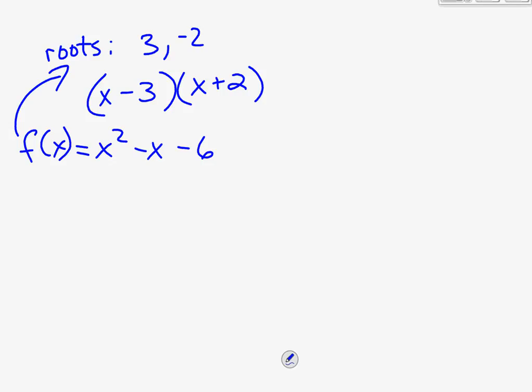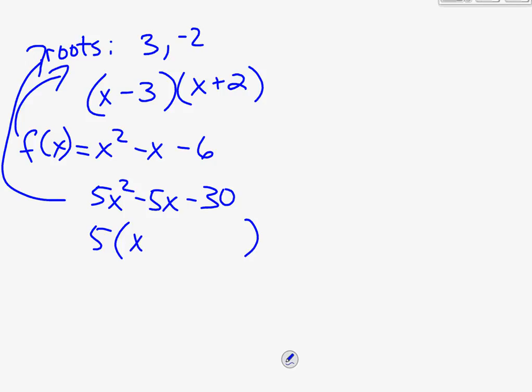Now, I'm going to make up another rule. 5x squared minus 5x minus 30. Do you agree that's another rule that has exactly those roots or zeros? Correct? What did I do? I just multiplied it by 5. So if I was going to factor this, I would make it into 5 times x squared minus x minus 6, set it equal to 0,